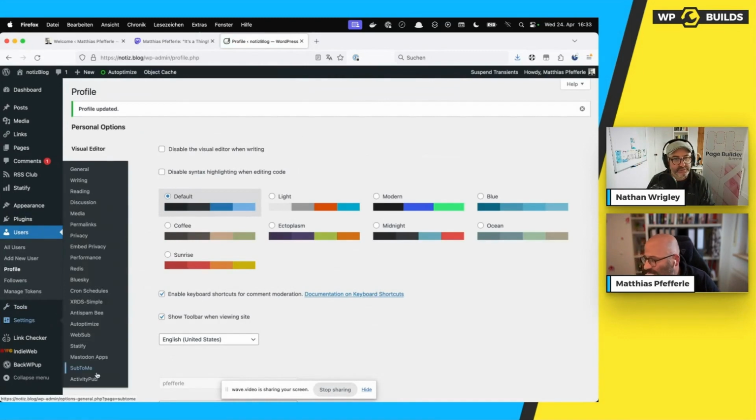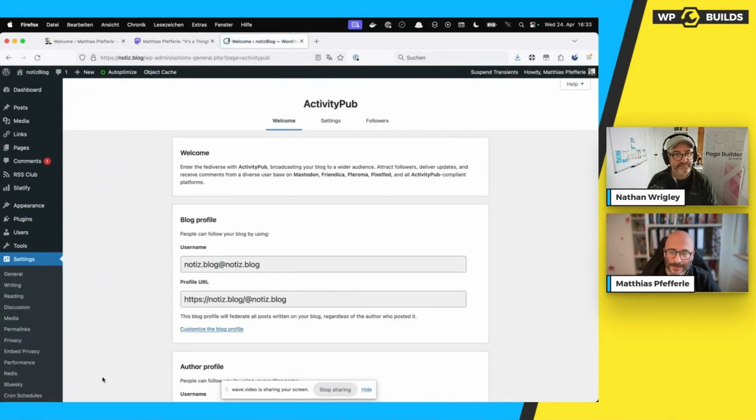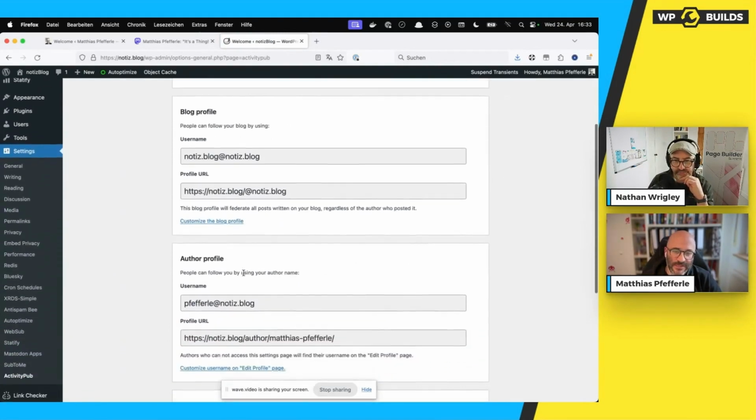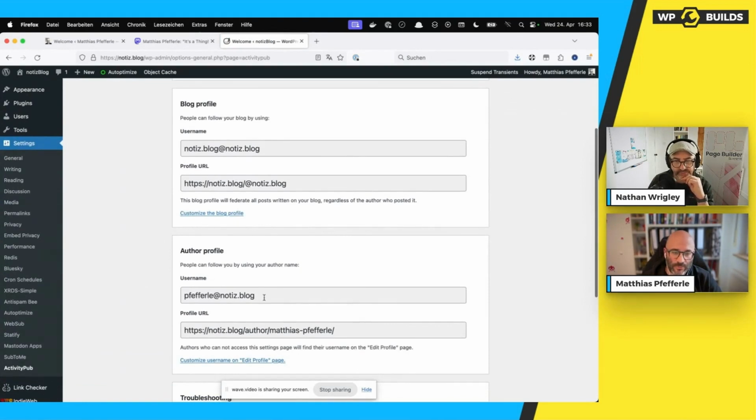Then you can install it, activate it, and you see a settings section, ActivityPub. The welcome screen shows you, for example, your new profiles, because this is something new, and this is kind of a learning curve. From Twitter you are trained to only have a small username. For example, my username on Twitter is my last name, Pfefferle. But because Mastodon and ActivityPub and the Fediverse is decentral, you have to also tell the other one